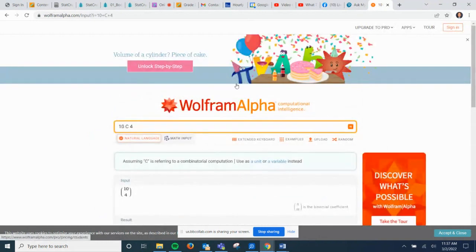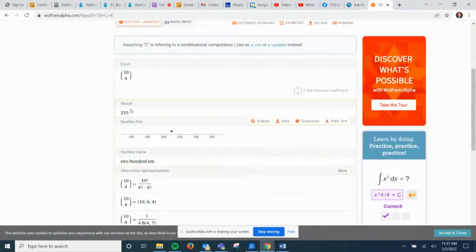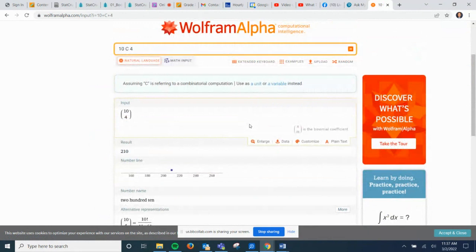Answer is right there, 210. So there's 210 different committees of 4 that you can make out of 10 people. Cool, 210 unique committees. Now, what if I wanted a president, vice president, secretary,